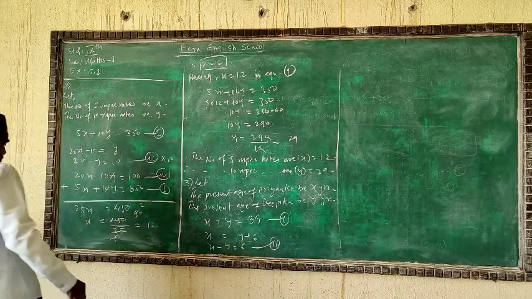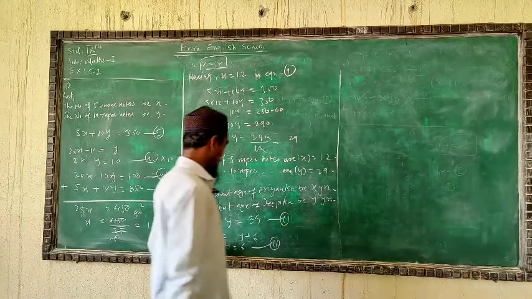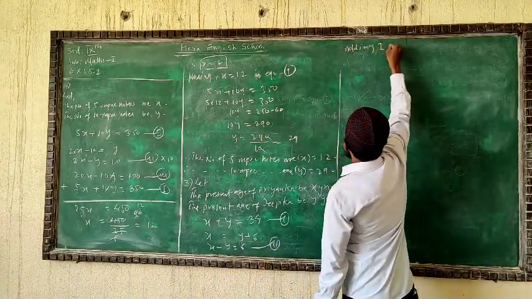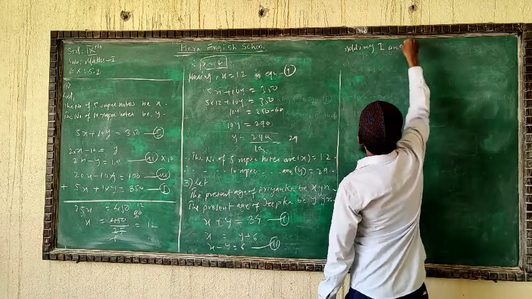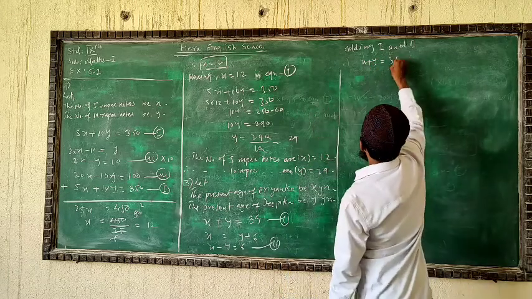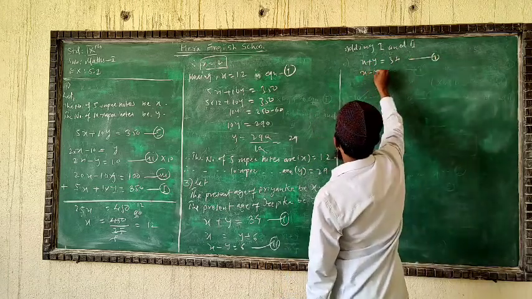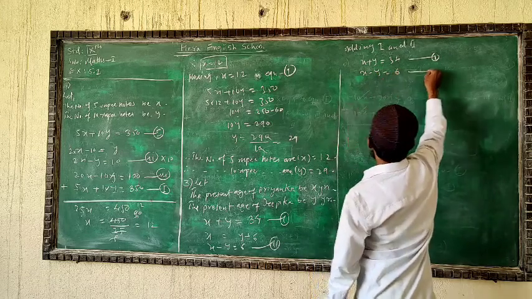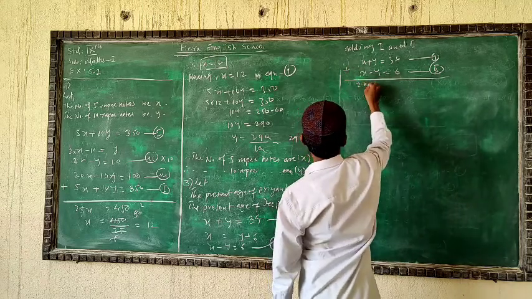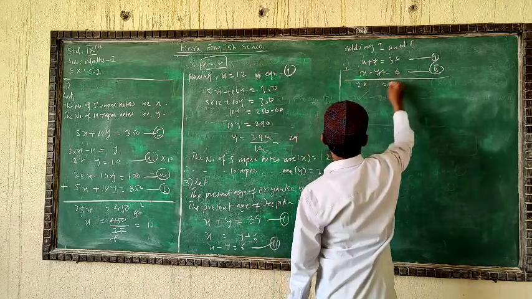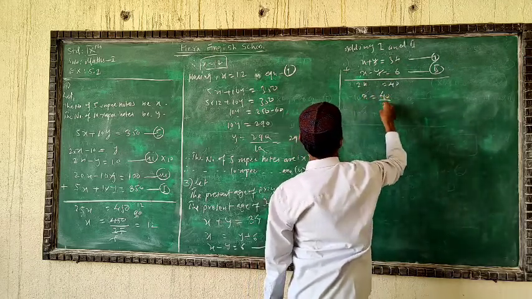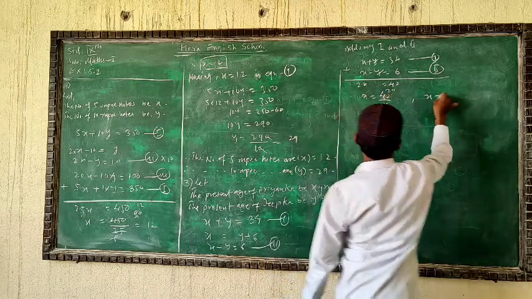Now here we'll add both the equations 1 and 2 to get the value of one variable. We'll write here adding 1 and 2. The first equation we have x plus y equal to 34, and second one x minus y is equal to 6. Adding both, you will get 2x, plus minus y cancel, you will get here 40, 34 plus 6, 40. X is equal to 40 divided by 2. 2 1s are 2, 2 2s are 4. Means we get here x is equal to